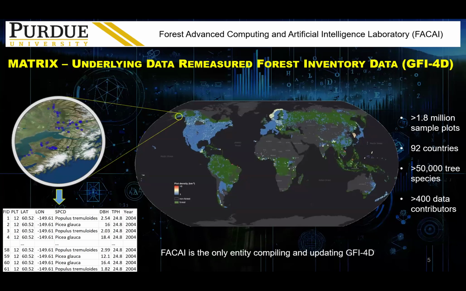And all those plots include over 50,000 tree species and involve over 400 data contributors located from across the world. So the map here shows the location of all those forest inventory plots. And what you can see is that for each individual plot, we have the plot location in latitude and longitude, the species name, in terms of the binomial, the Latin name, and also the diameter at breast height, and also the trees per hectare, which is the expansion